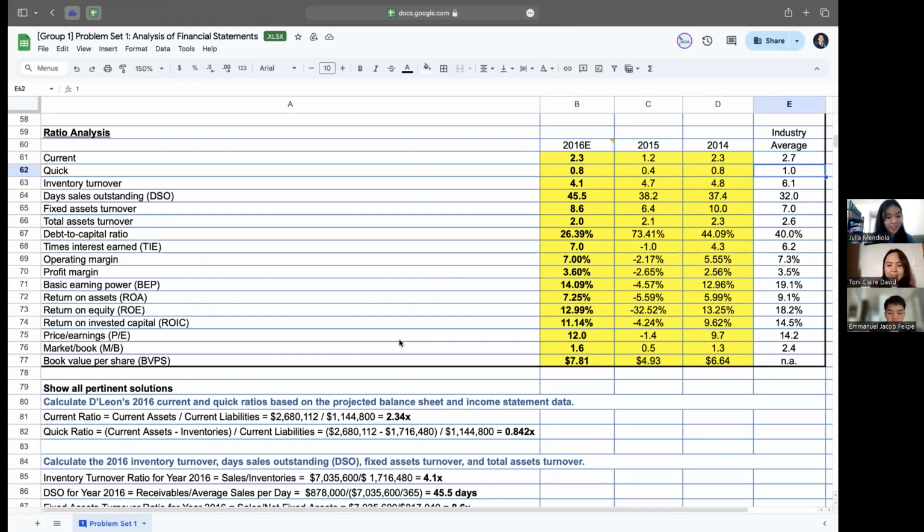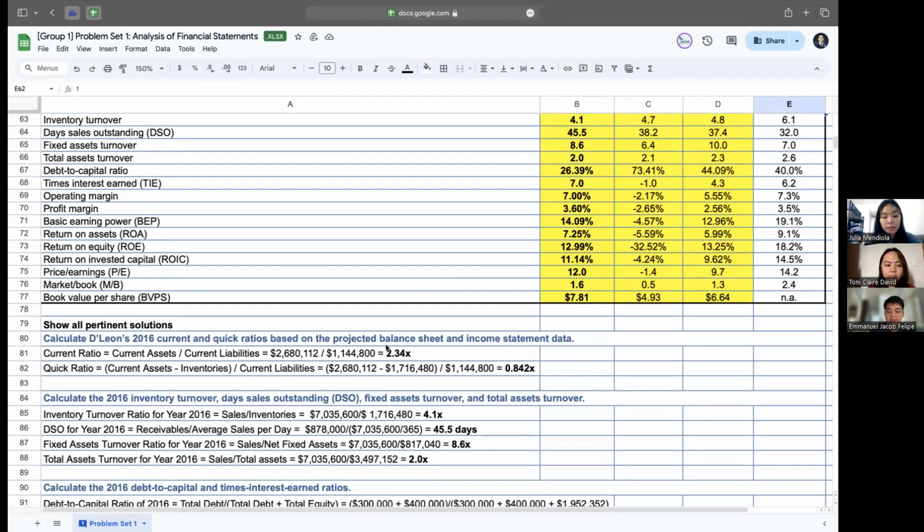Okay, so next we move on to the second set of computations, which involve asset management ratios, namely the inventory turnover, the days sales outstanding, fixed assets turnover, and the total assets turnover. These measure the effectiveness of a firm's management of their assets. First, the inventory turnover ratio is computed by dividing sales by inventories. So when taking the values of the year 2016, this will give us